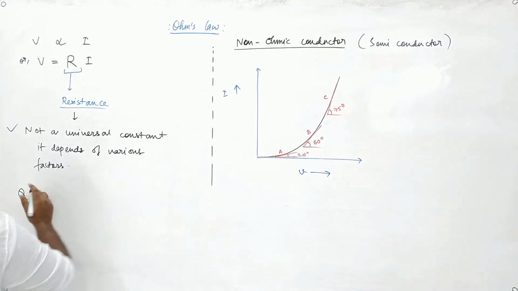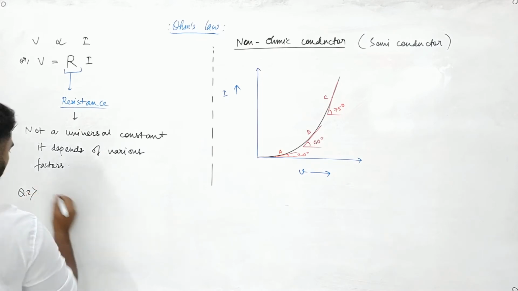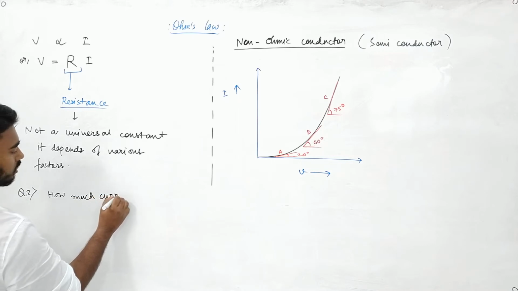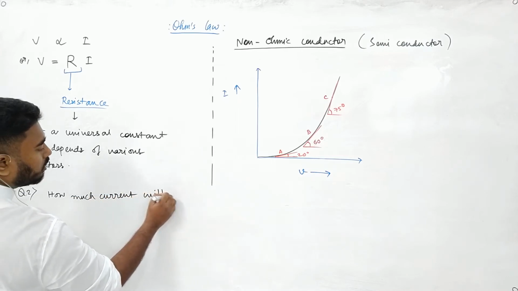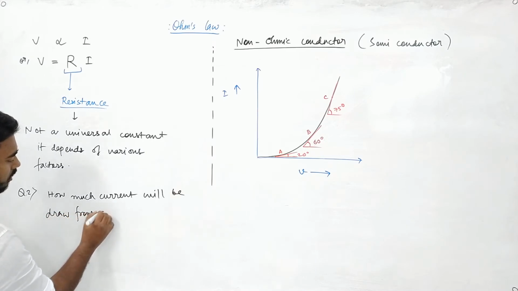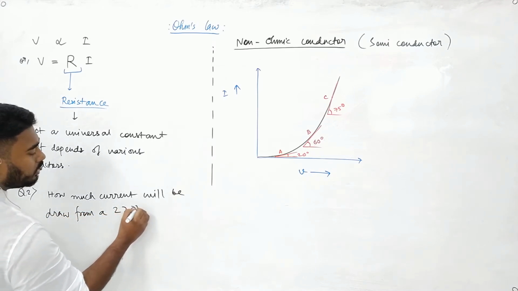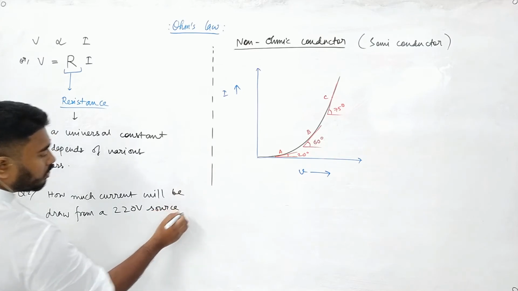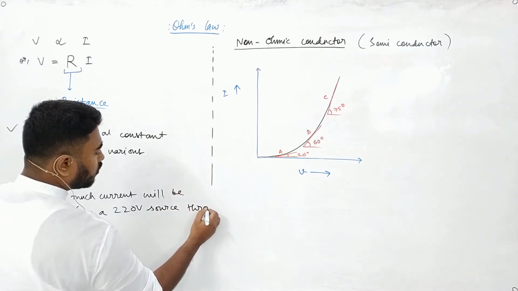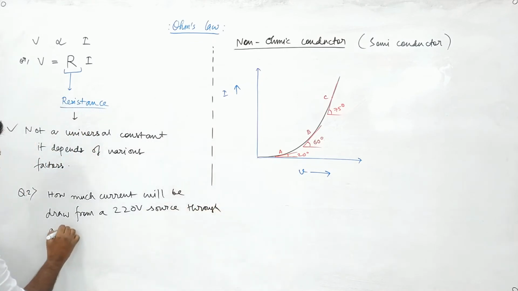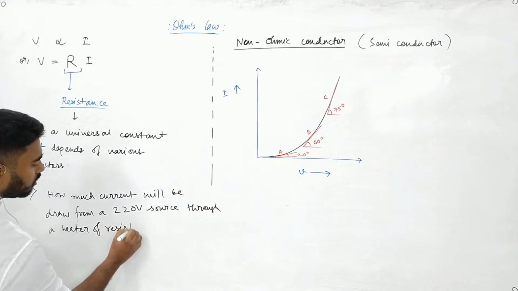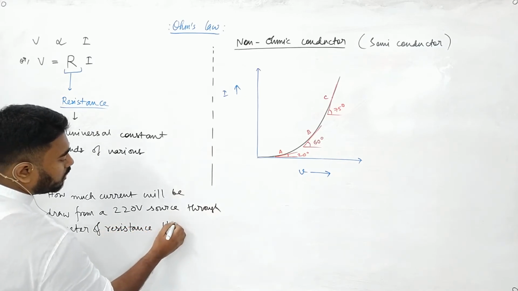Question number 2. How much current will be drawn from a 220 volt source through a heater of resistance 1100